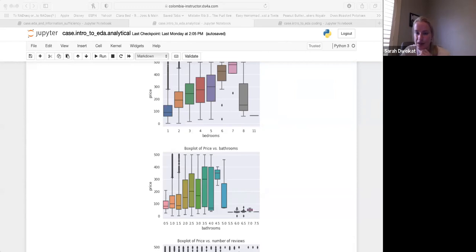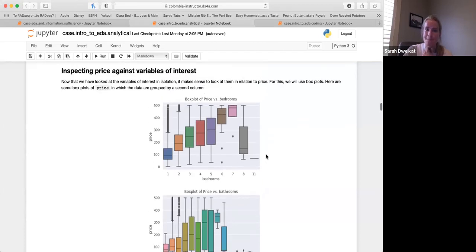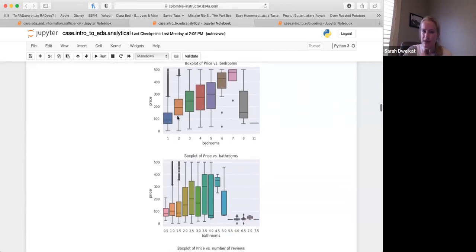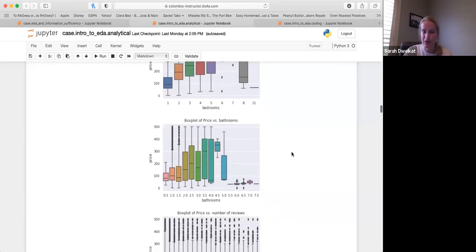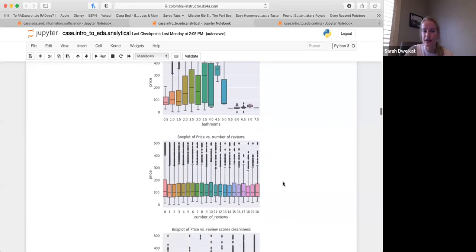Okay, good answers here. So good observations for trends. It seems that for price versus bedrooms, the median price increases as we increase the number of bedrooms. That kind of makes sense, right? Same for bathrooms. We see this general increasing trend here. For 4, we get a little bit odd in terms of the median, and our distribution is very variable. But for the most part, we see this trend.